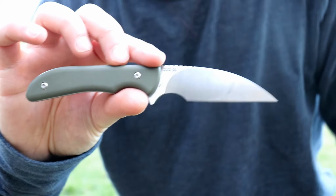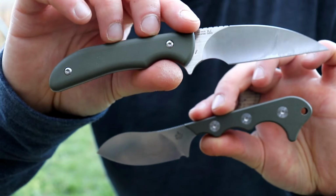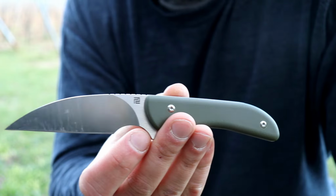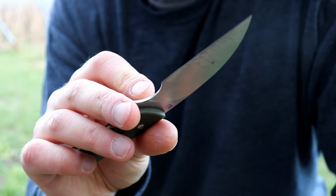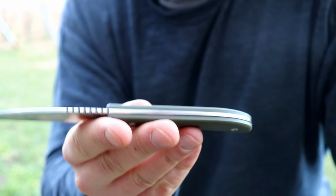So both of these are screwed construction, which I don't ever take off the scales on any of my fixed blades that have this option, but whatever. Both of them are flat ground. This one has a budget powdered steel, which Artisan Cutlery has developed